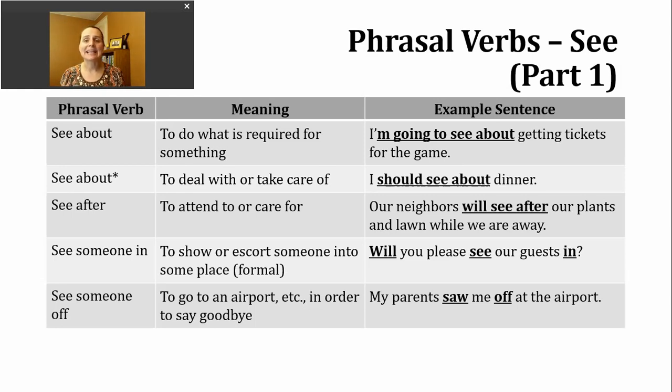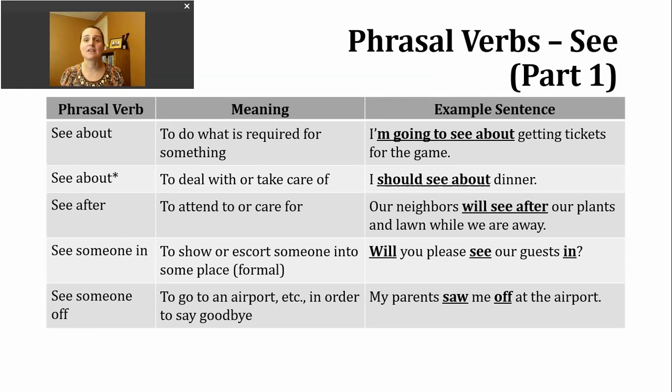I'm going to see about getting tickets for the game. In this particular sentence, I'm using the simple future, "be going to," with my base verb "see." And what I'm describing is I'm going to see what's required. Right? We know for high school, college, and even professional sporting events, the rules are really different around who can go, how many people can go, do you need to wear a mask? So this person who's speaking this sentence is saying, I'm going to see what's required in order for us to be able to have tickets for a particular game or event.